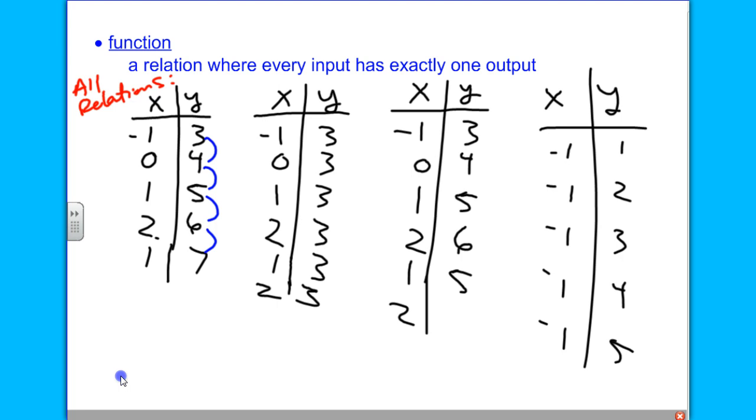And so who else can give me a reason why? What else could we say? Brian? On the left side, it's +1, but it's equal to it's +1. Okay, and so another thing is if we look at this, every input has exactly one output. Did we repeat any input? Yes. Which input was repeated? One. And so 1 had the output of 5 here. So what should 1 have the output here? Of 5. Right? If it did, could we say this is a function then? Yes, but it's not.